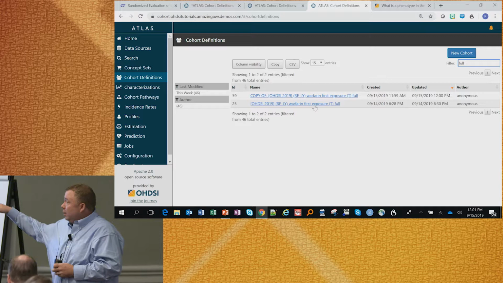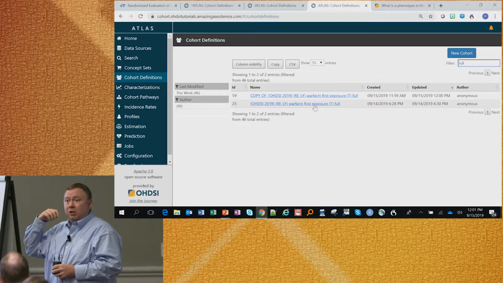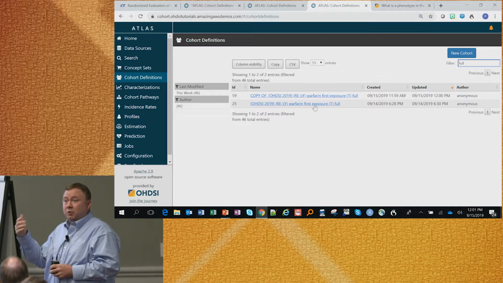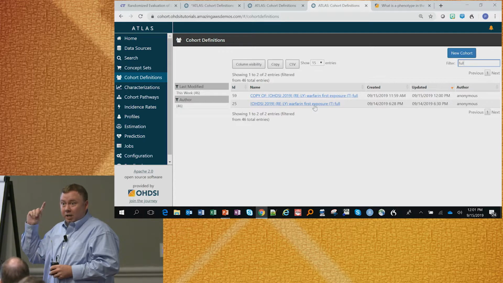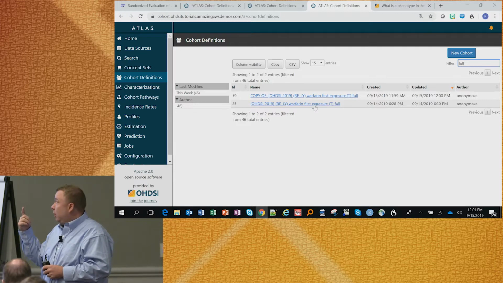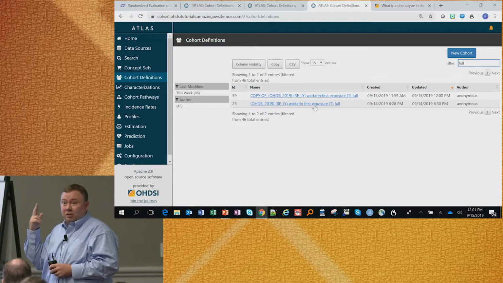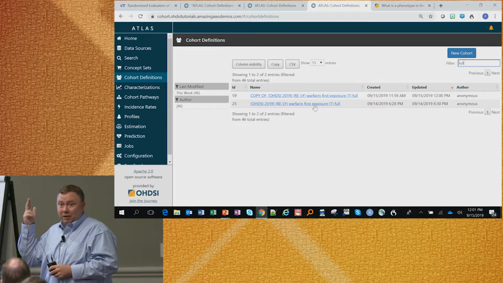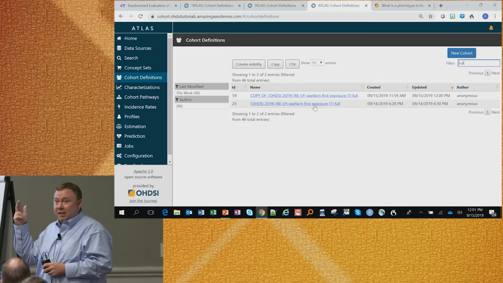But that tool is not just a user interface to help you think through the design. It's also a tool that provides you a textual description so you can give a complete, transparent reporting of what you've done. And it's a computer executable file that turns into SQL code that executes against any technical environment